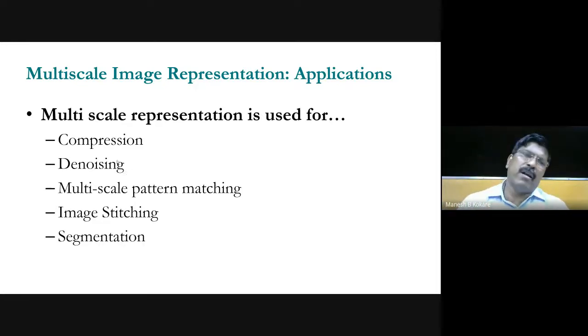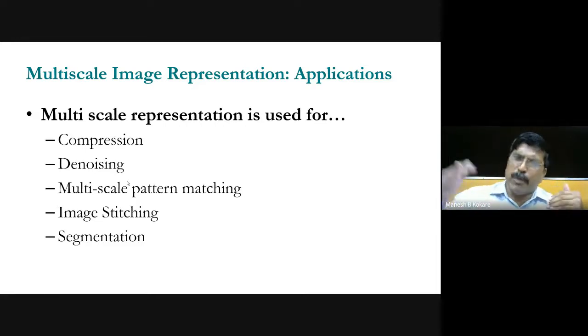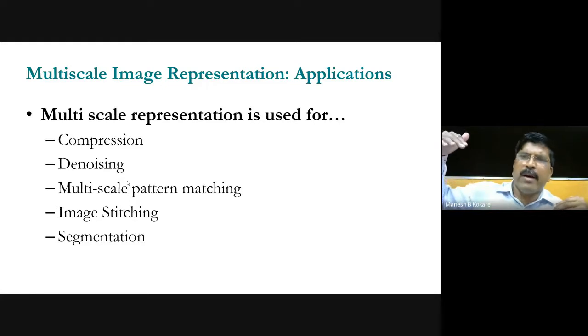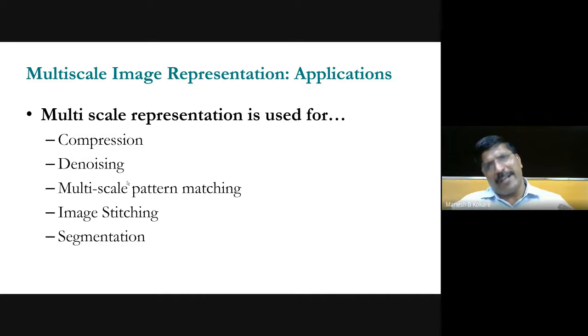This can also be done because when you are representing the image with multiple scales, you are separating the spatial frequency into different subbands. Now, when you are separating the spatial frequency at different subbands, you know that noise also has high spatial frequency, so you'll get the noisy component in one of the subbands. So you can set some threshold value for that subband itself, keep intact all the other subbands, and then combine them together, and you'll get the noise-free image. So denoising is also possible.